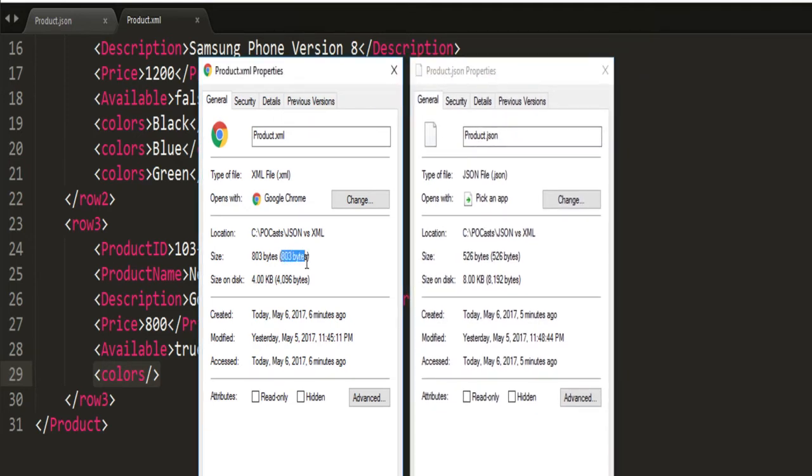This is the XML. XML is 800 bytes and JSON is 500 bytes, so it's almost double the size for XML. The main reason is that JSON is lightweight, so it's easy to communicate between systems.